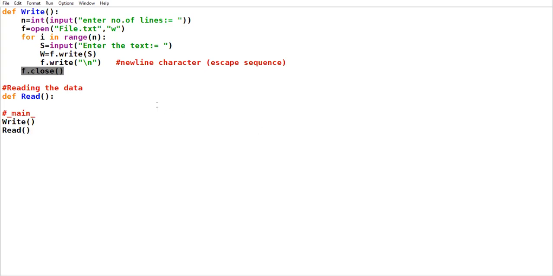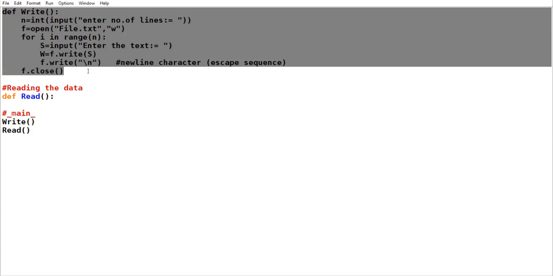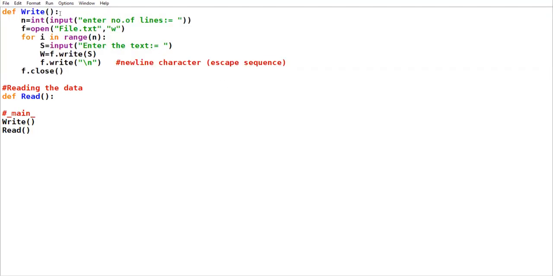Let us start the function. This function is common for every program you will create in file handling. So 12th class, don't get confused. Whenever you have to create a program in text file, this function will remain the same for every program. Totally same. You can change these variables if you want. That is your choice. Otherwise, the whole scenario will remain the same. Right? Let us start the read function.